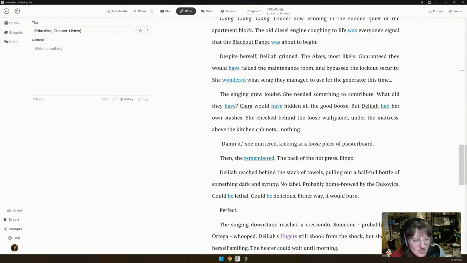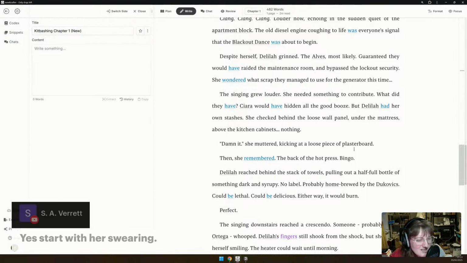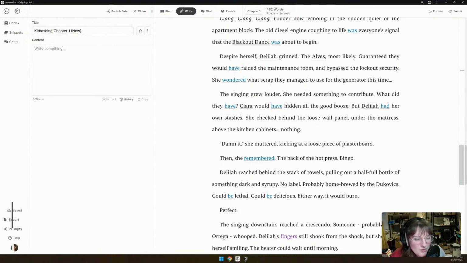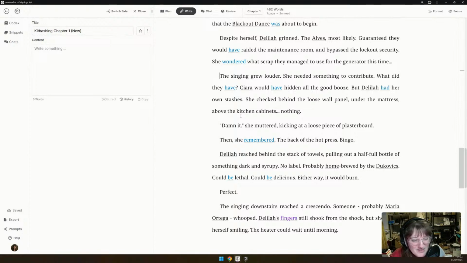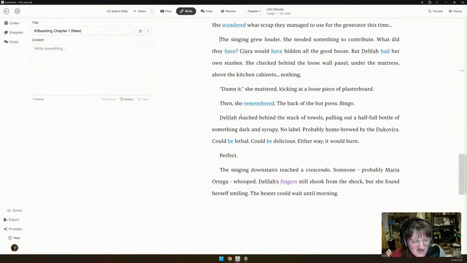The singing grew louder. She needed something to contribute. What do they have? Kira would have hidden all the good booze, but Delilah had her own stashes. She checked behind the loose wall panel, under the mattress, above the kitchen cabinets. Nothing. Damn it, she muttered, kicking at a loose piece of plasterboard. Wait.